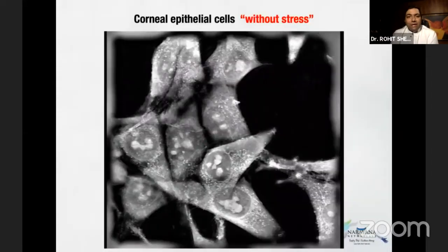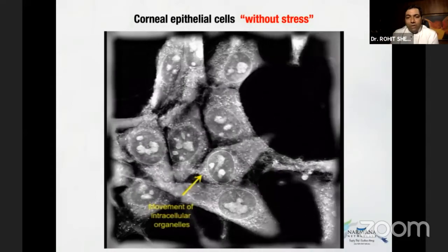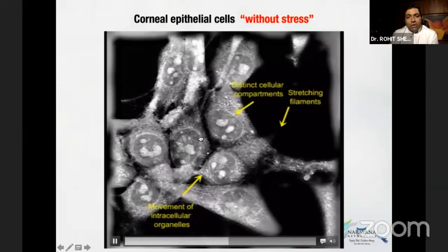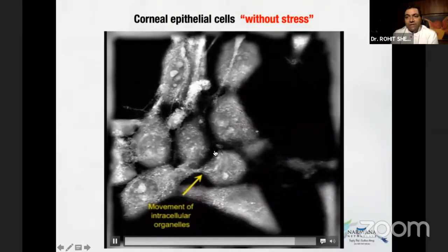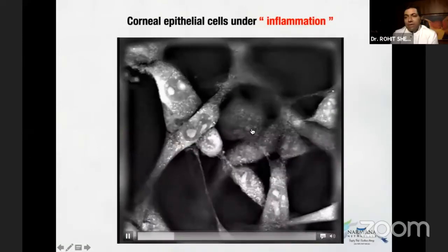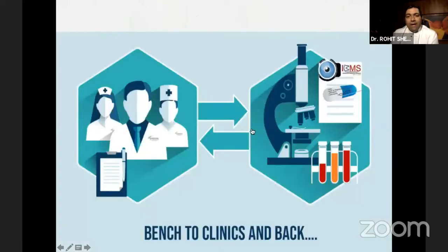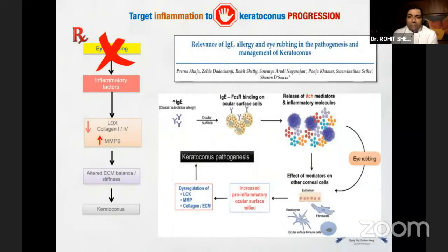Then we started looking at cells. This is the corneal epithelial cells, in vitro model. These are your mitochondria, Golgi bodies, all that we studied in our first year physiology, it's all here. Under inflammation, these cells start behaving completely differently. And how do we apply this is when you have allergy, when you rub your eyes, all the cells have